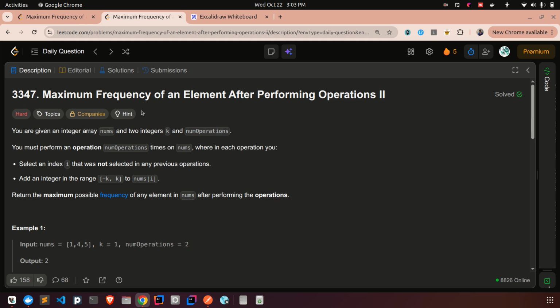Let's solve today's Leetcode problem 3347, maximum frequency of an element after performing operations. Okay, you are given an integer array nums and two integers k and num operations. You must perform